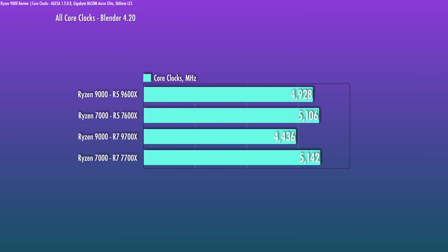Because of that, the all-core behavior is very different versus the 105-watt TDP Zen 4 chips. With Zen 4, you would usually see the all-core boost above 5 gigahertz if you give it enough cooling. Here, the 9600X boosts up to only 4.9 gigahertz, and with the 9700X, I would expect more or less the same. But the latest AGESA